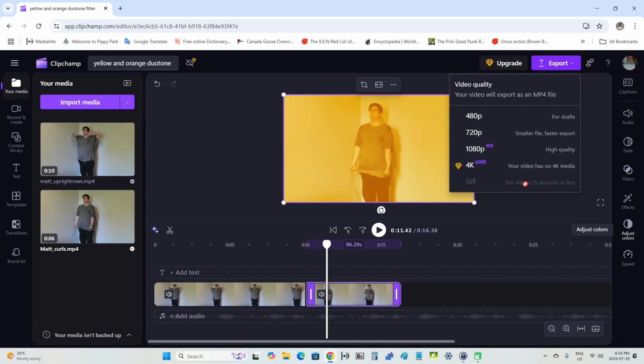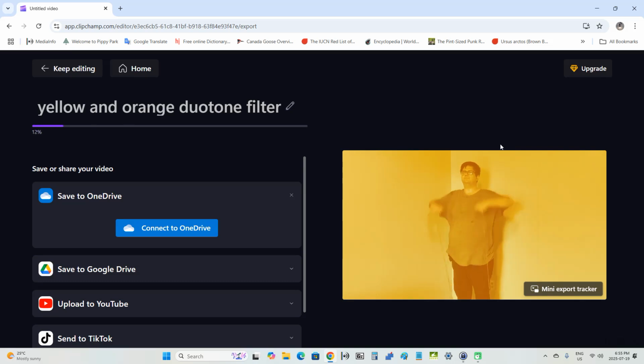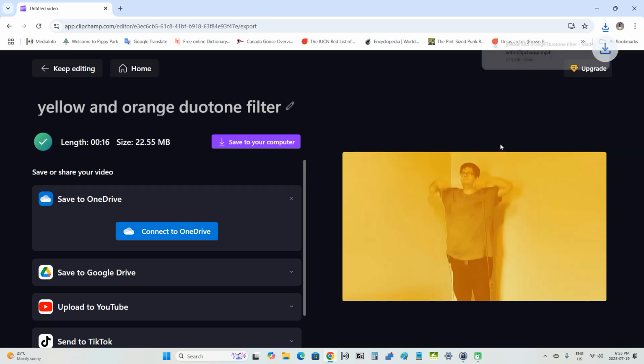We would also have access to a GIF file, which is simply an animated image file, but I can't export it to that because my two clips are longer than 15 seconds. So now I'm going to click 1080p there to begin the export. Perfect. And you can see up here in the upper right, Yellow Orange Duotone Filter with Clipchamp is downloaded